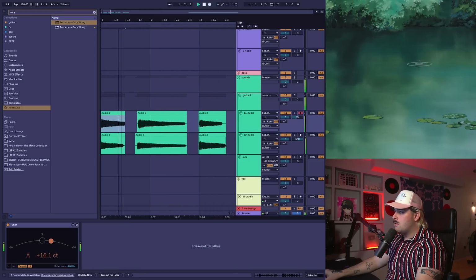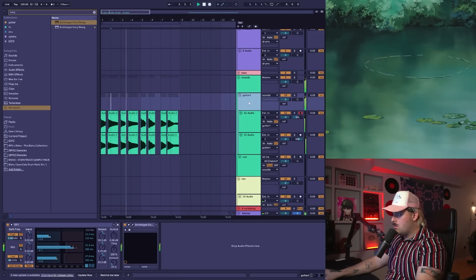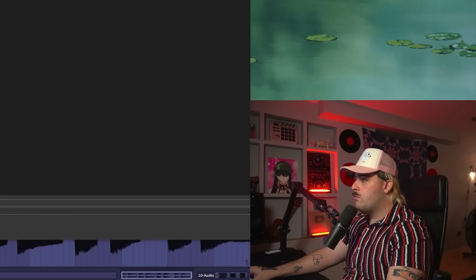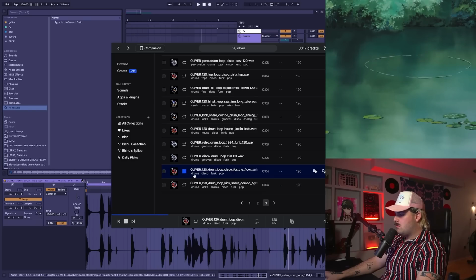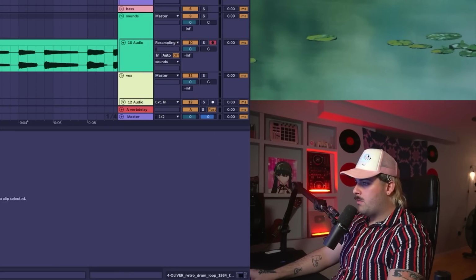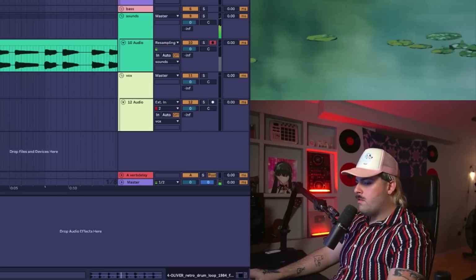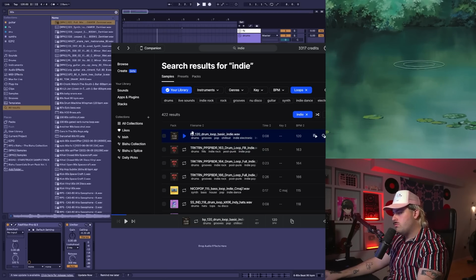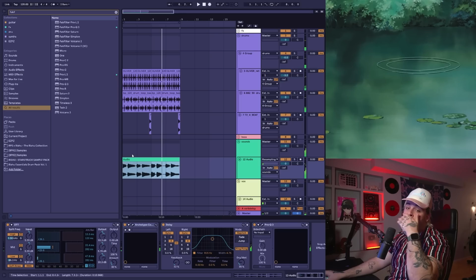Let's show this. So bro said 4 instruments. That's one of them. Maybe some like indie style drums. I feel like that is the vibe. I think that could be good. Let's just use this as like a top layer. Let me get some other drums in here. Ooh, that sounds pretty solid. Little saturation vibe. I'm pretty solid on the drums.